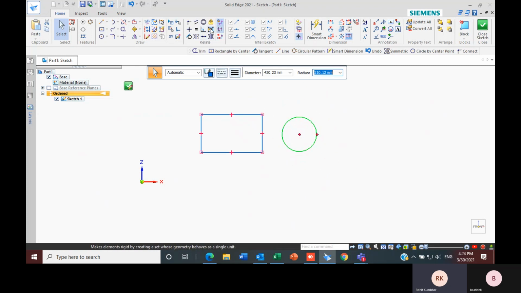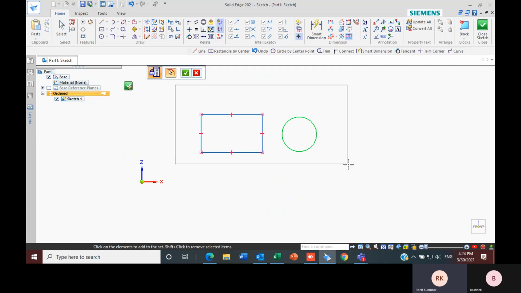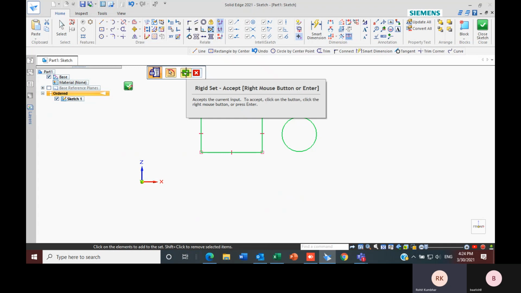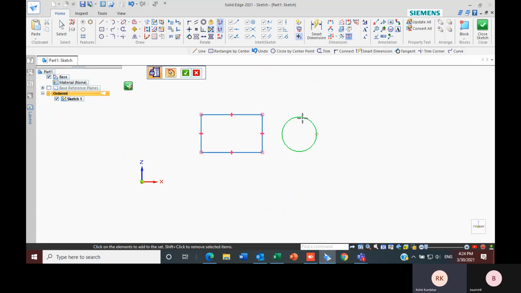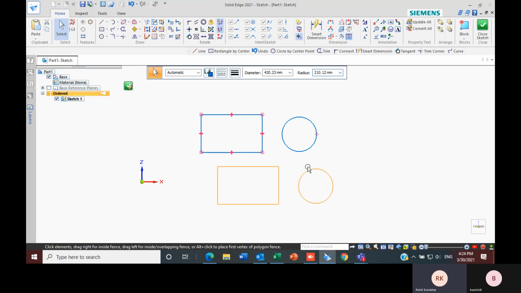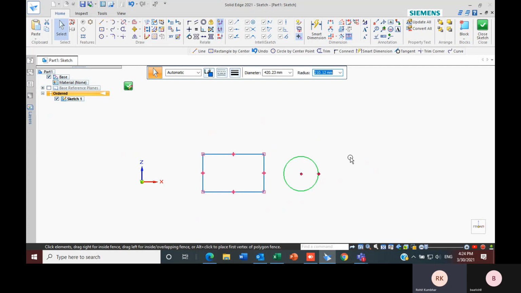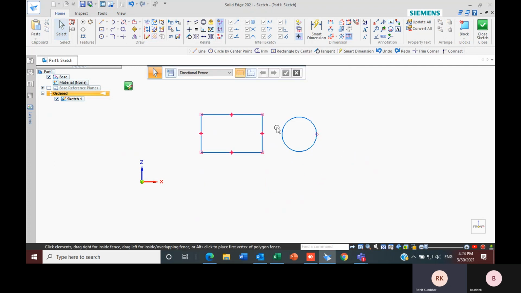But if I make these two into a rigid set and just click on OK, and then try to move it, both the geometries which I have converted into a rigid set will get moved according to it. This one is about rigid set.